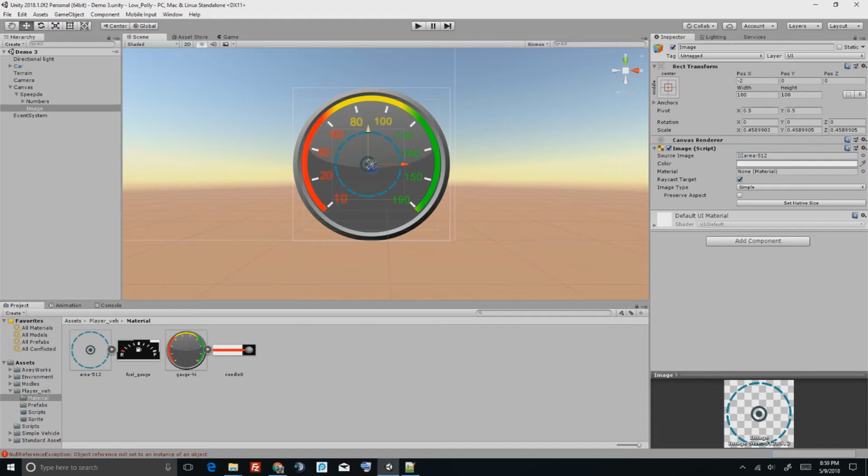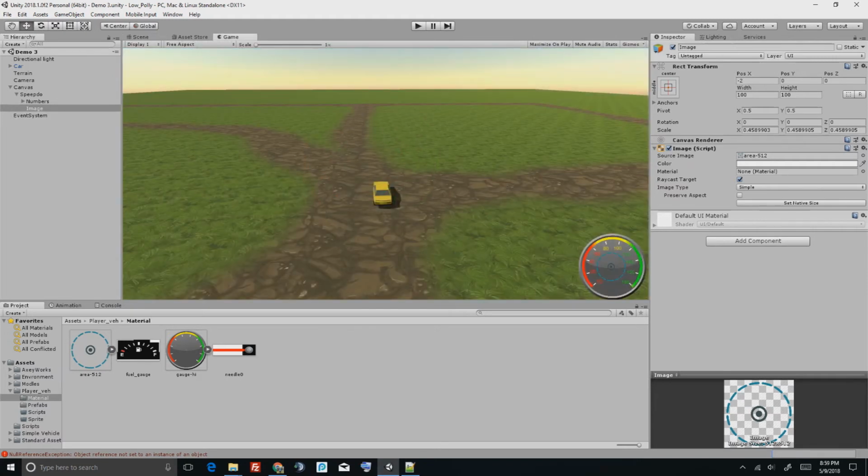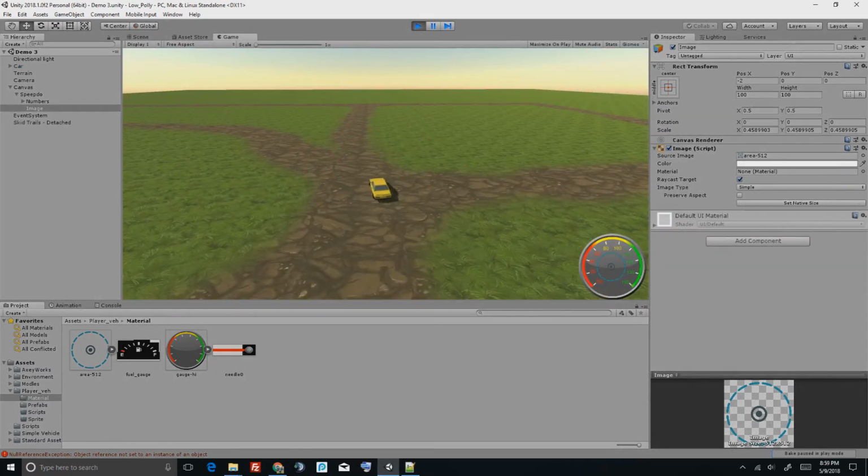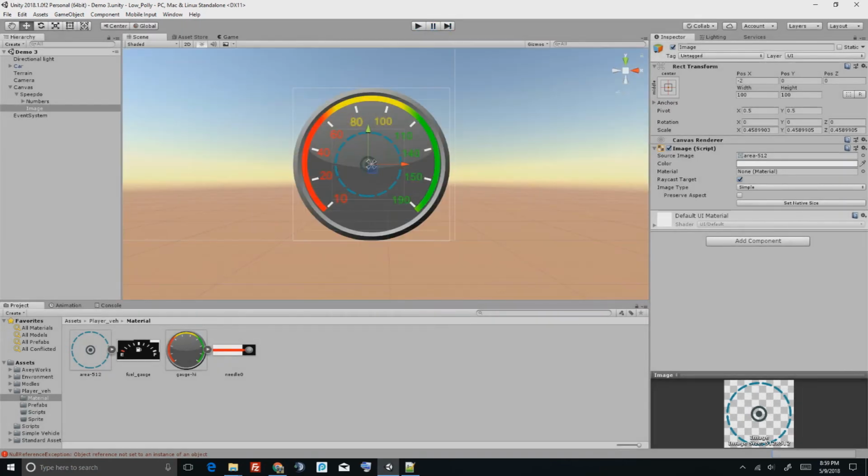Alright, save it, and now it's time to script. If you play, nothing will happen because we have not done anything. The speedometer is there, but it's not going to work. So next thing up,